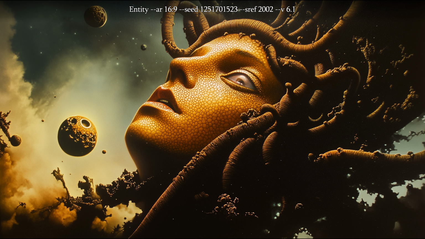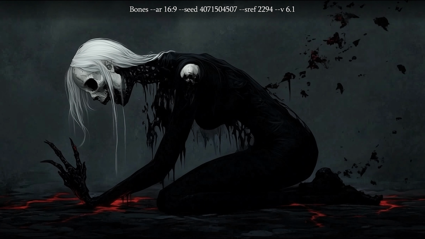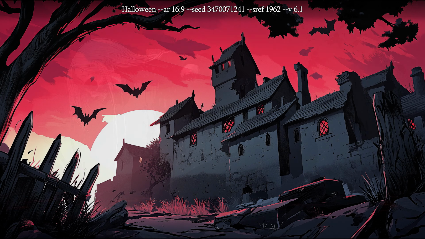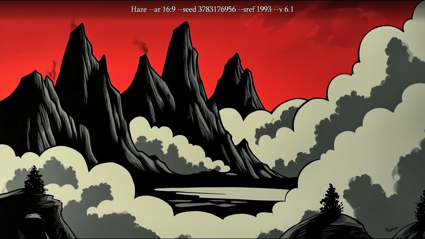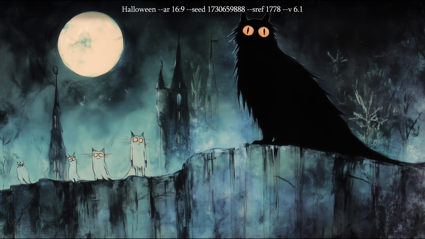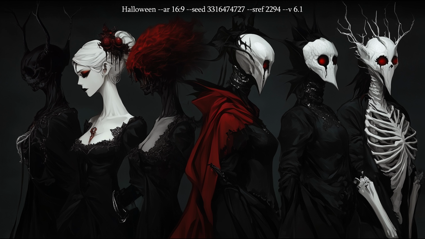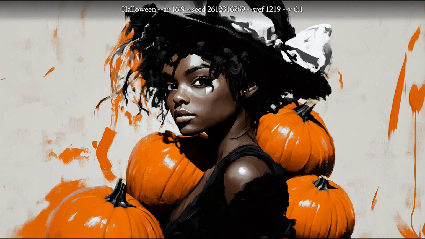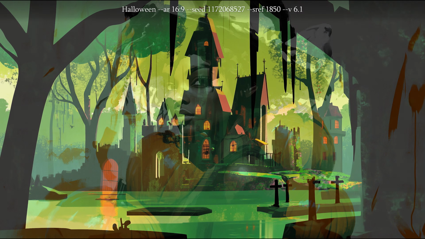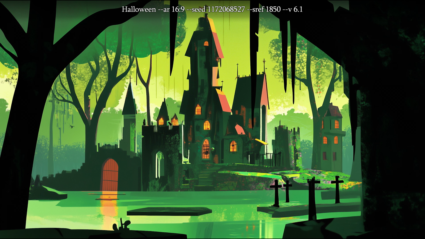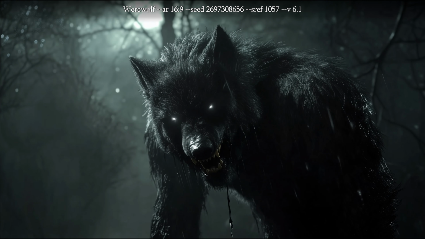But there you go, 50 Halloween-themed styles for your enjoyment. There were some surprises for me in this one. I expected something else when I selected some of these styles, but combined with Halloween thematic, ended up with something totally different. Sometimes with good results, sometimes kind of disappointing results. But I guess in the end, it's all about what kind of aesthetics you are looking for.